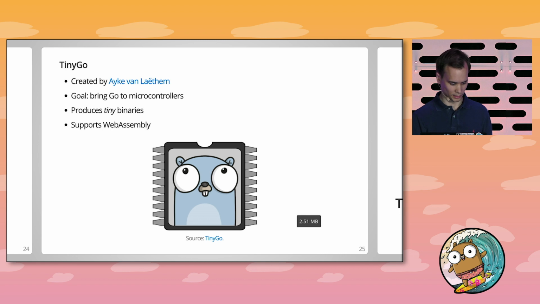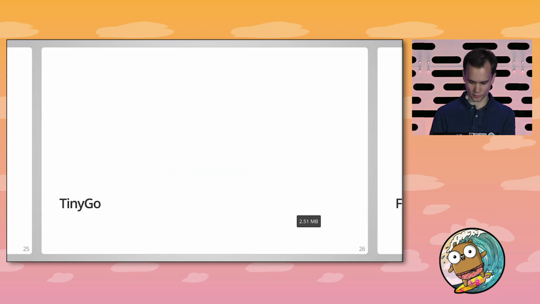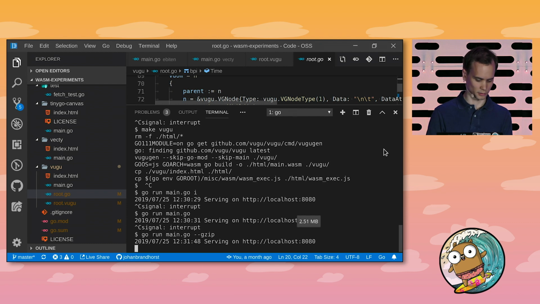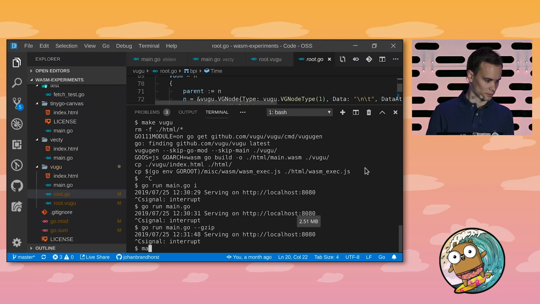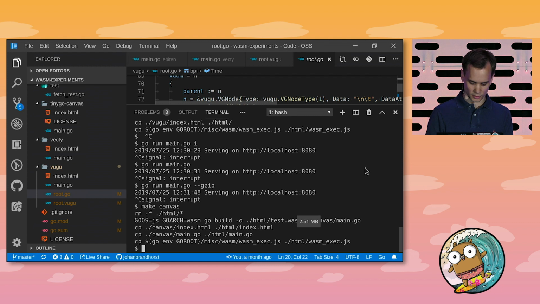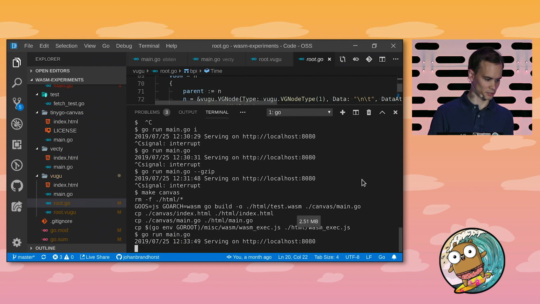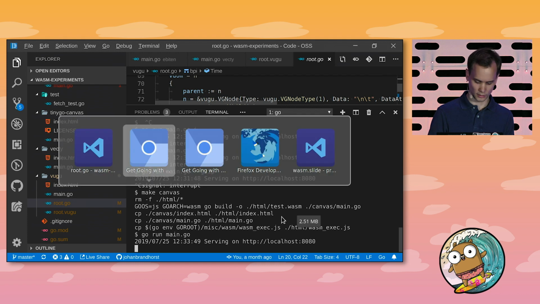And let's take a quick look at an example. So for the TinyGo demo, we're not going to look at any source code. We're going to build a canvas demo created by Louis Figueiredo, and we're going to run that. This is built with the standard toolchain. So when we load this page,